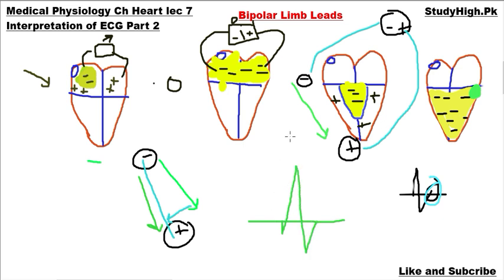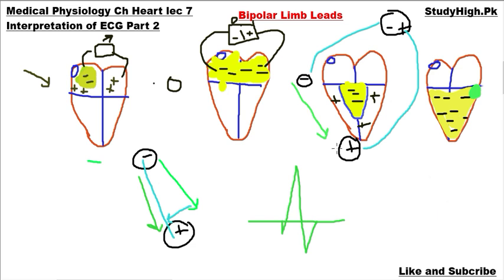So, on the basis of how you place the two leads of any electrode, any lead system will tell you how much voltage will be recorded by the electrocardiographic meter. If you place the two electrodes, negative and positive terminal, in such a way that they lie in the direction of the QRS vector, they will give a maximum deflection.